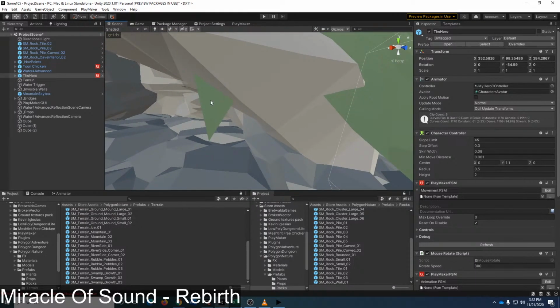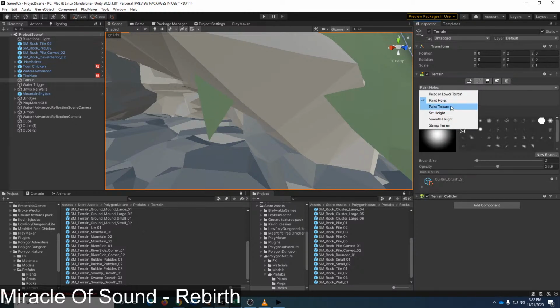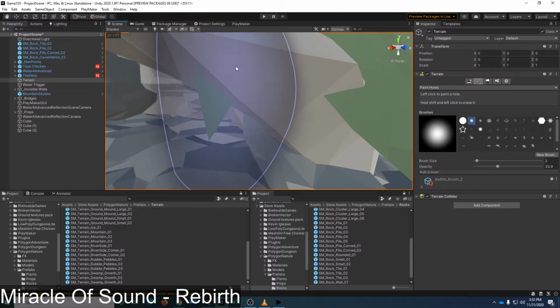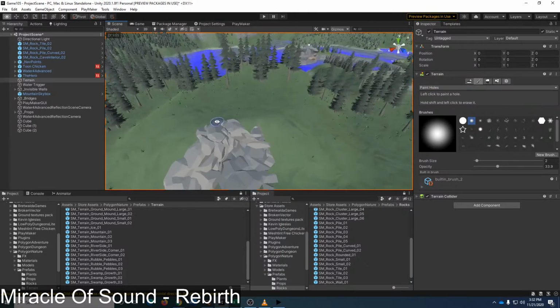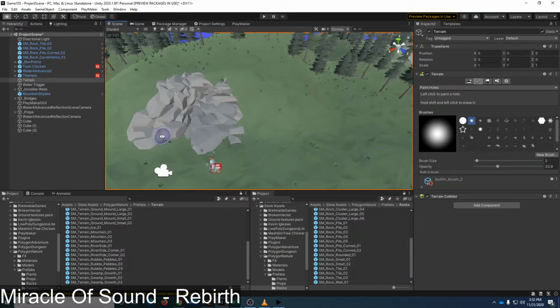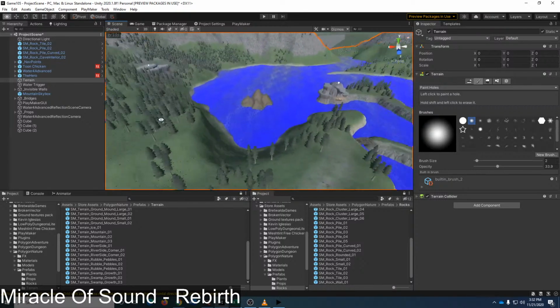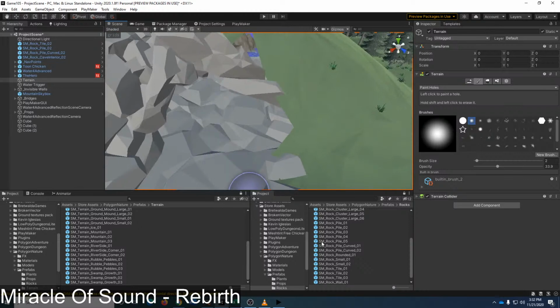It looks like I've got a tiny little hole right here that I need to cut. Paint holes. Clicked several times before that actually worked. I don't see any other random holes appearing, so I don't think that is an issue.